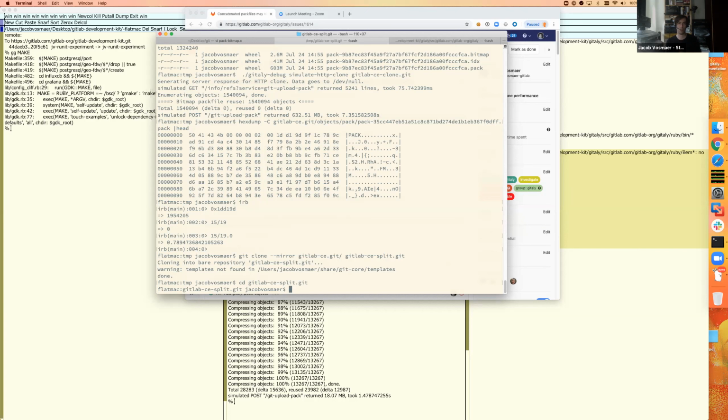Okay, I was going to try to create a split. So I've created a new clone, and now what I want to do in here is use alternates to create a new pack file. So I'm going to do git clone --shared --bare . into repack.git,